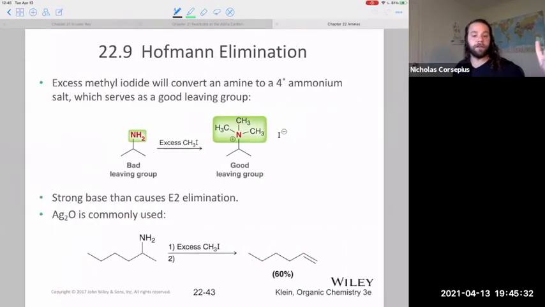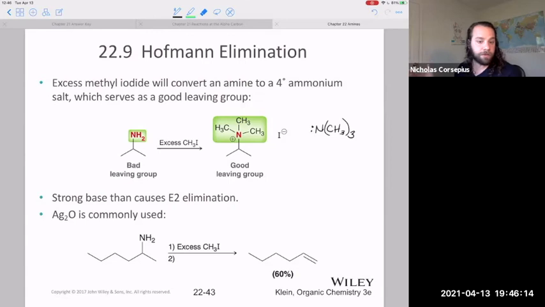Well, we can use the method we sort of learned about before, which is alkylation. By adding an excess of a very tiny alkyl halide, something that's going to be susceptible to SN2 type reactions, we can form this quaternary ammonium ion, and this will leave as a tertiary amine, a much better leaving group or weaker base than an amide ion. So that's what we have to do first if we want to do elimination reactions: have excess alkyl halide, convert it to that ammonium ion, which will be a better leaving group. And then in order to do the elimination,